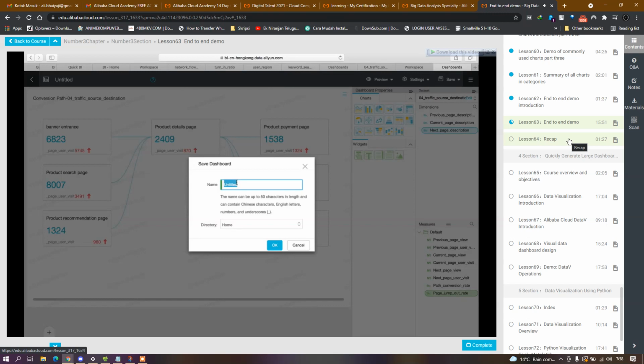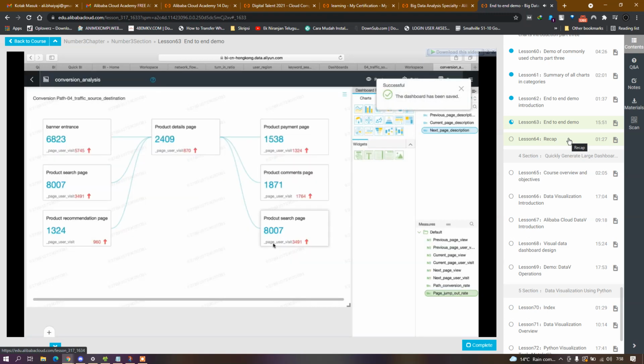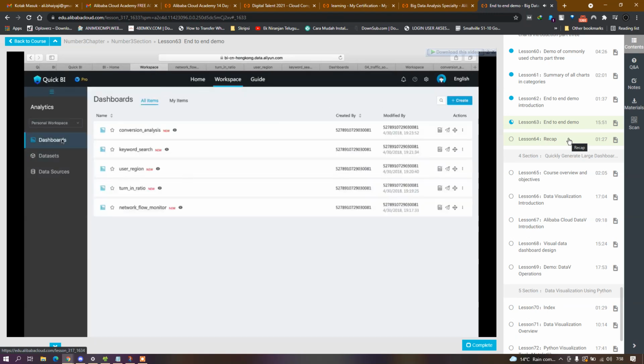You want to put a name here, right? Conversion analysis. Okay, now I go back to the dashboards. You see all the dashboards we created, right? But in the professional version of QuickBI, you can also find a portal here. By editing that portal, you can drag those dashboards into a portal and rename it and categorize them. And you can always make sure you have a customized front page